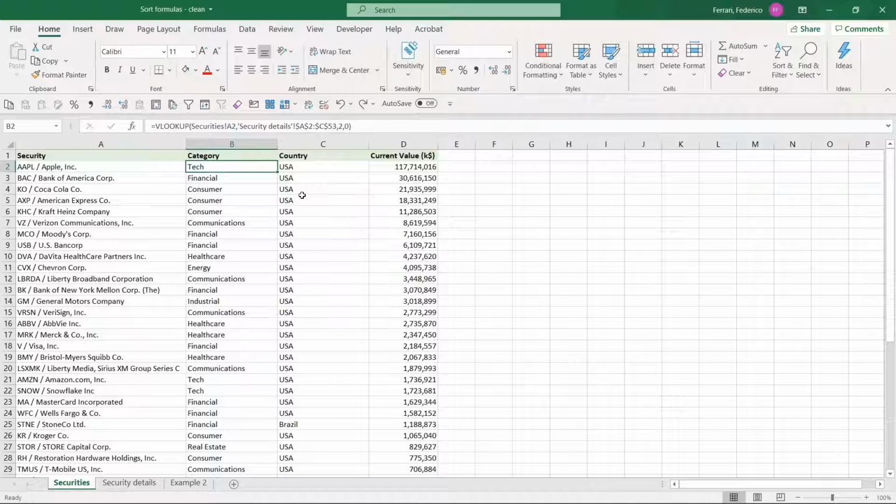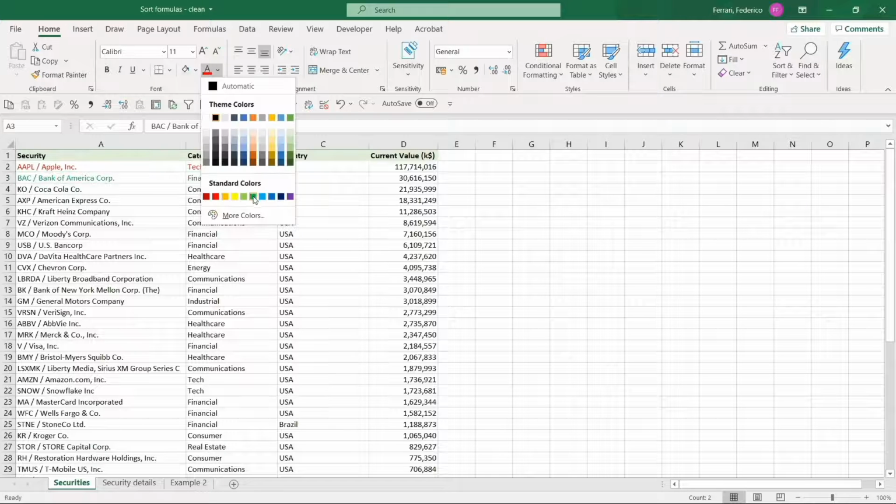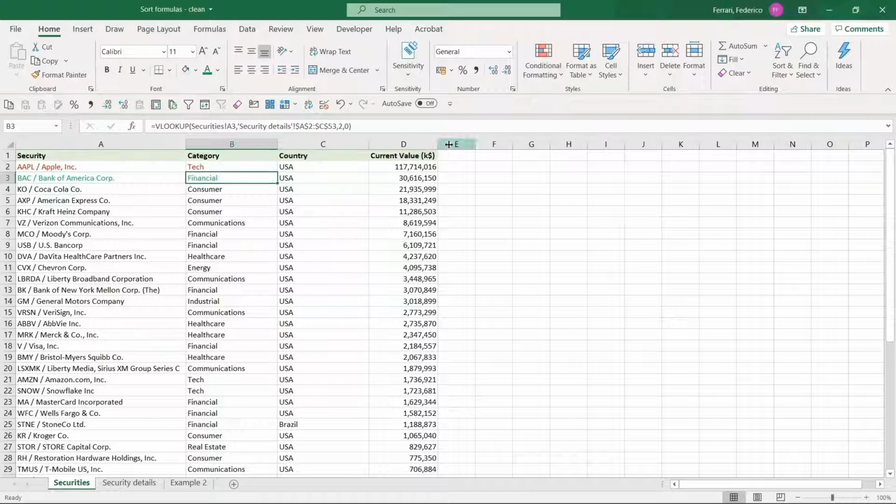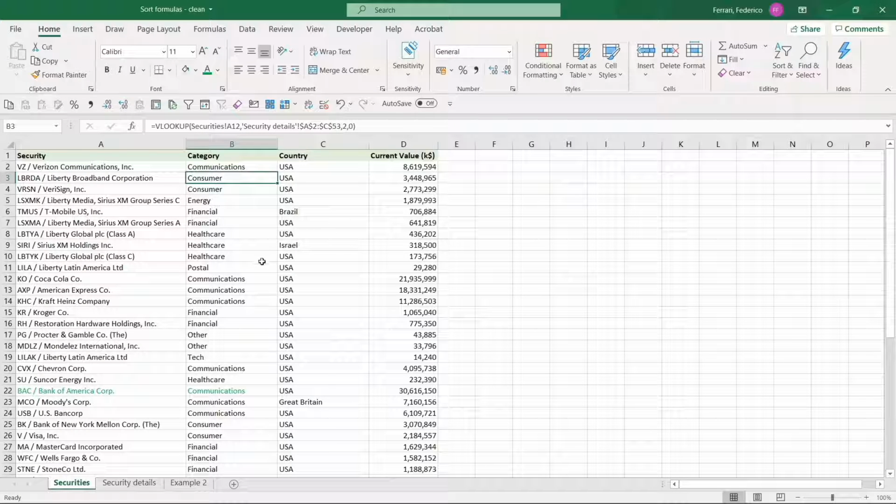For the sake of clarity, let's make the text of these two cells red and the text of these two cells green. Okay, now let's sort again by category, A to Z, and we see that the sorting function correctly moved the category cell down